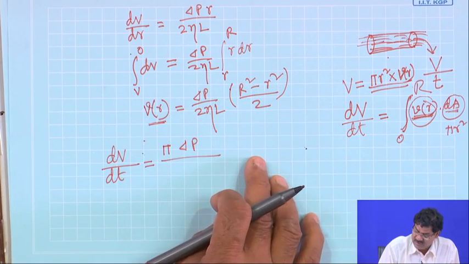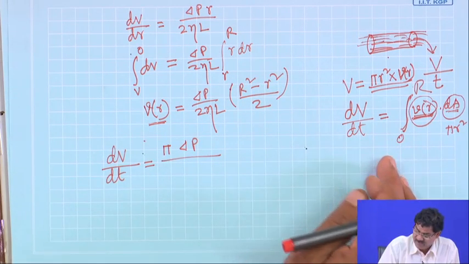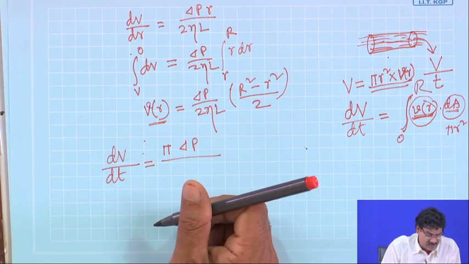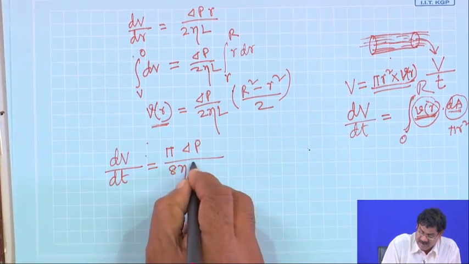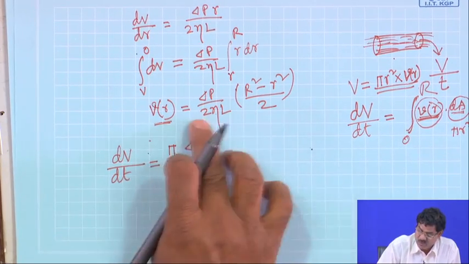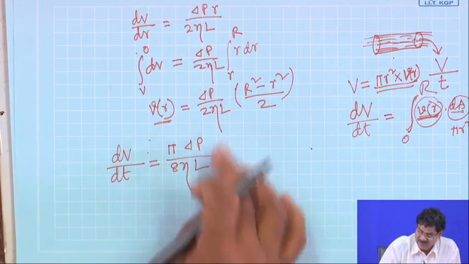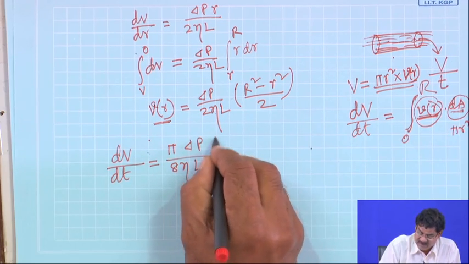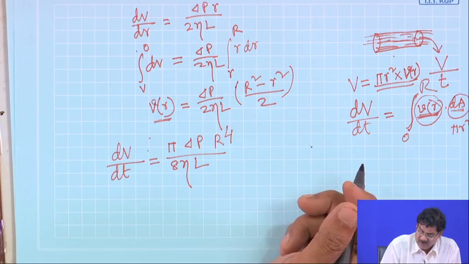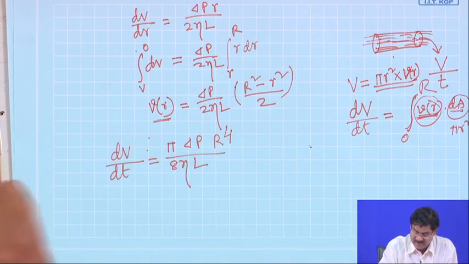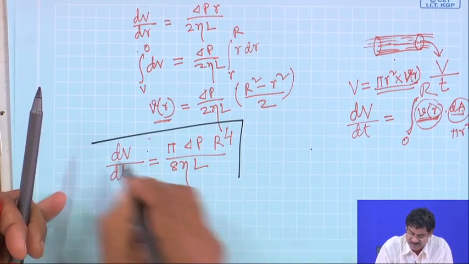If you consider them, finally your result will be, with 8 eta L (4 and 2 will come here), basically R to the power 4. Okay. So, this will be the final expression,